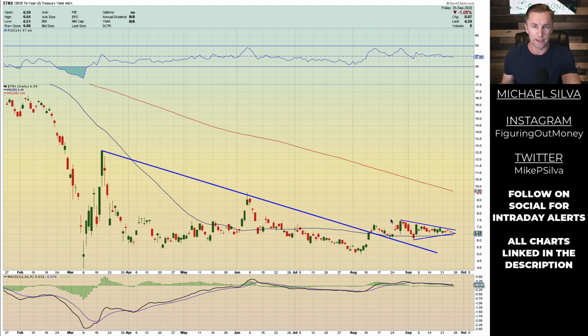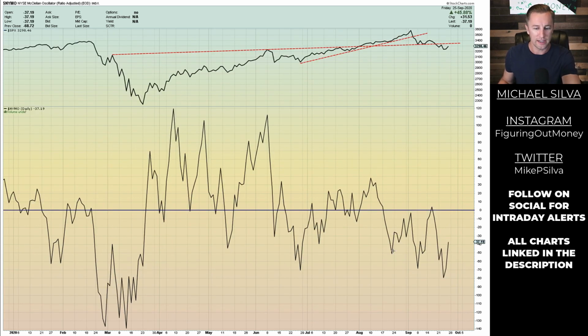The market rallied on a pretty bad number, so there's just a lot of things not making sense right now, and that's why I still have hesitation on this specific rally. The NYMO indicator is still printing negative breadth, minus 37, and saw a nice little uptick, which makes sense because we had a decent day today. However, if you look right above, you see the S&P 500. We have this little dashed line. It's an area of resistance.